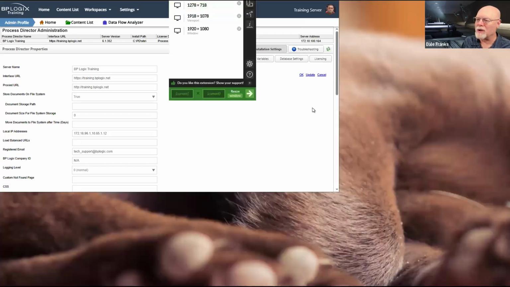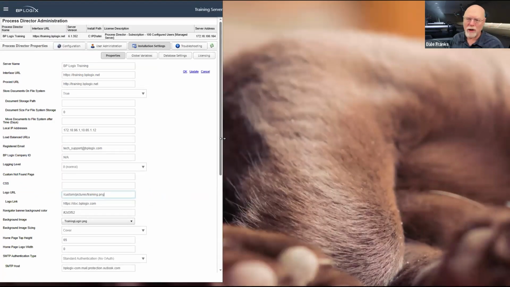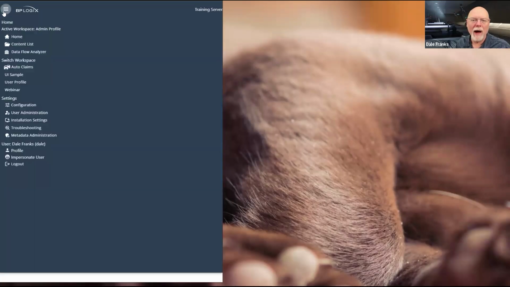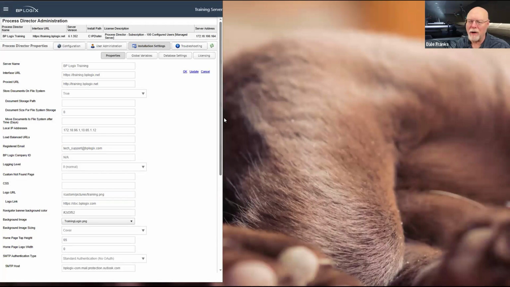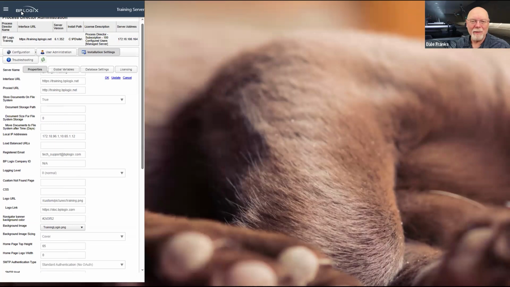change the screen size to a smaller size. Well, I don't need to change it so much vertically as I do horizontally. So take a look at this logo that appears up there, which has training under the BP Logix logo. And as it gets smaller, we switch over to the mobile version of the product, where we have our mobile hamburger menu right there. So if you're looking at it on your phone, this is what you see. And notice it's still the BP Logix logo. It is not that custom logo that I configured for the site.